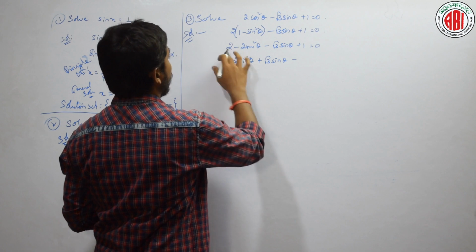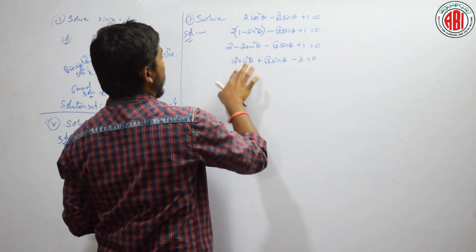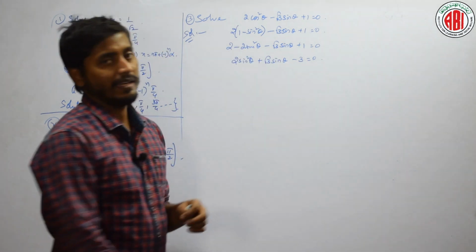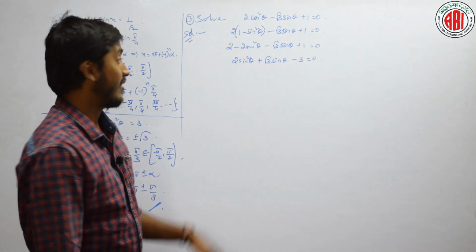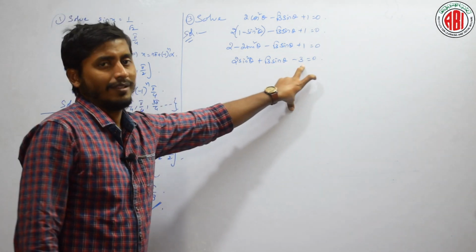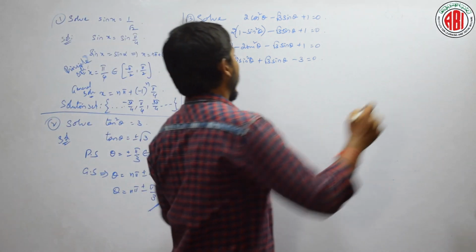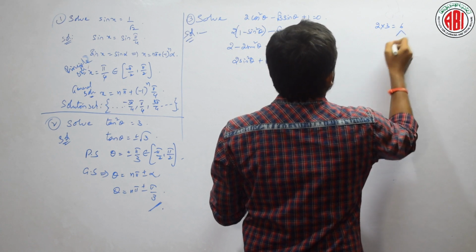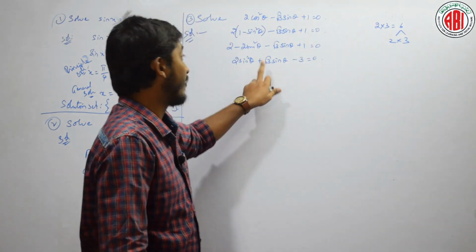Here 2 plus 1 is 3. See here, minus became plus, this minus became plus, these both addition, I have written it as minus 3. Can we simplify this? Can we factorize this? 2 3s are 6. Here there is root 3. How to do that? Once again, 2 into 3 is 6. What are the factors we have? Only 2 into 3 or 3 into 2. Here we have root 3.